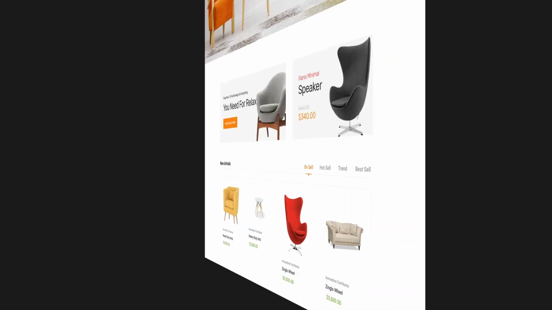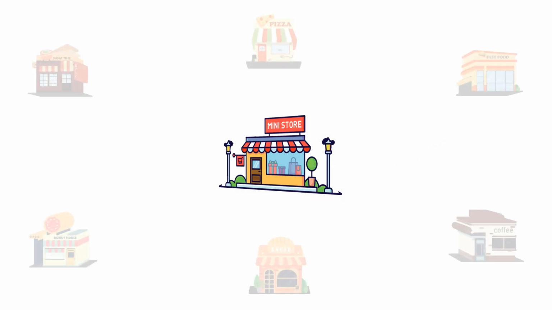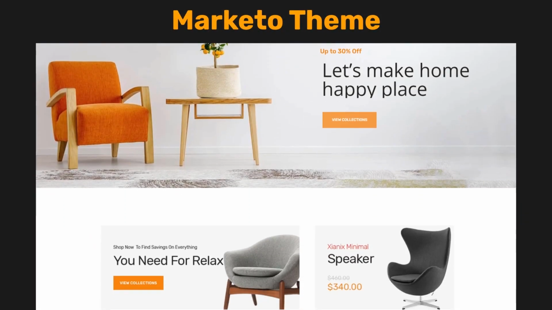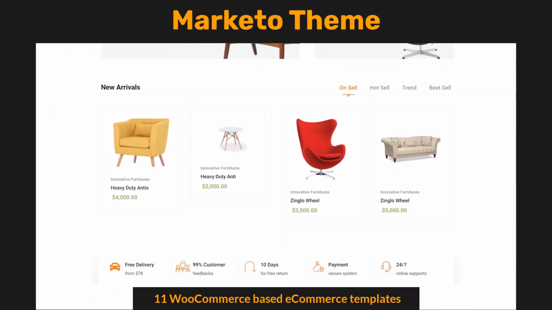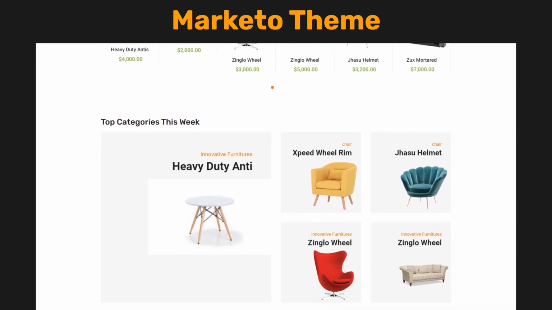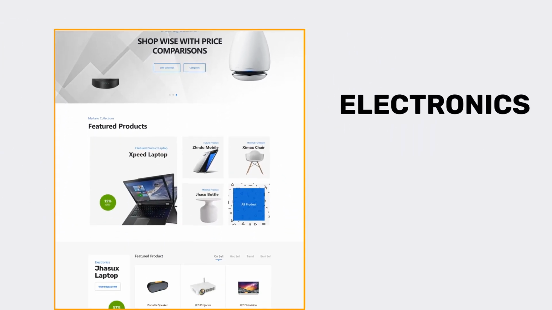Marketo. Marketo theme is specially designed for multi-purpose, multi-vendor e-commerce website. It provides you with more than 11 WooCommerce-based e-commerce templates. They are mainly focusing on 3 major niches: electronics,